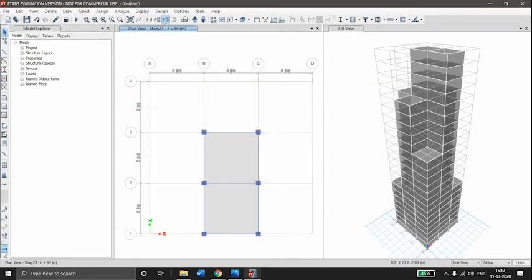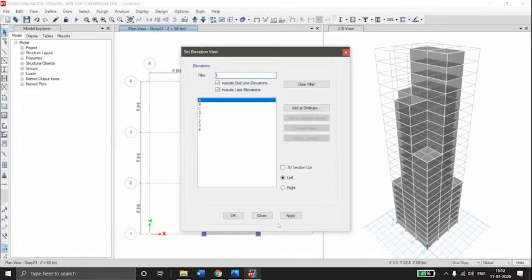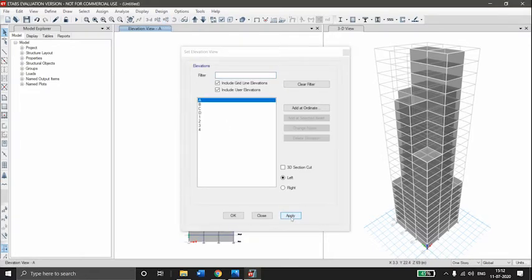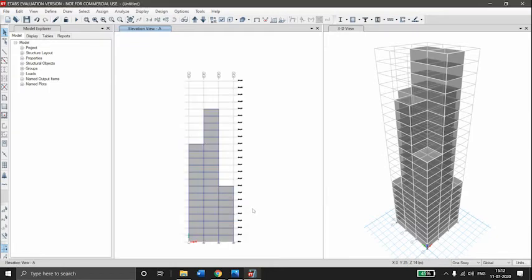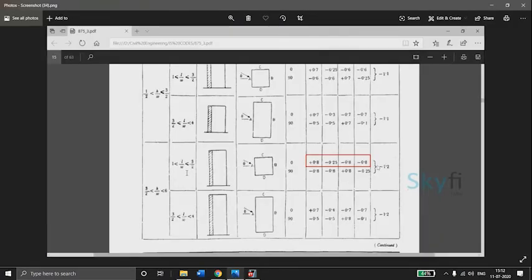Now we'll go to elevation. Okay. Here select all stories option. The windward coefficients can be found out from IS 875 code by the height to width ratio of building and length to width ratio of building. So according to the dimensions of our building, the wind coefficients for the various surfaces are marked here. We will put them in the software now.